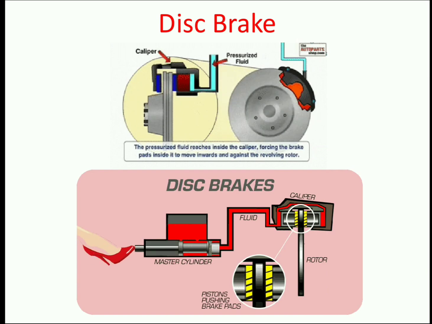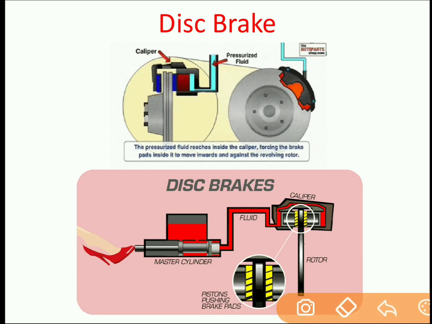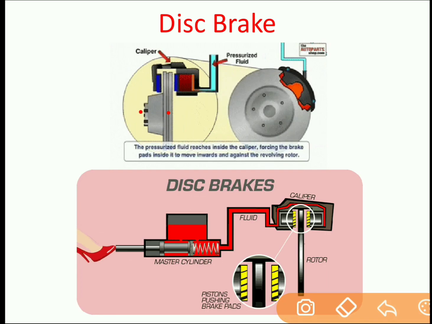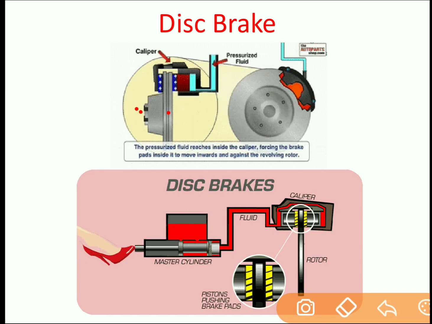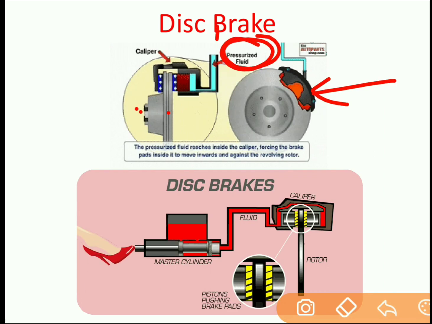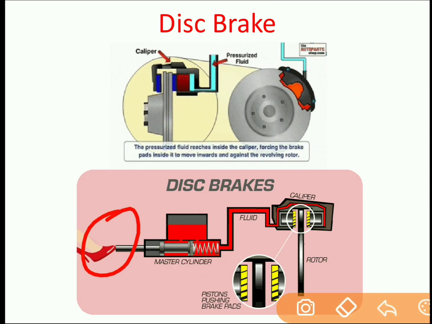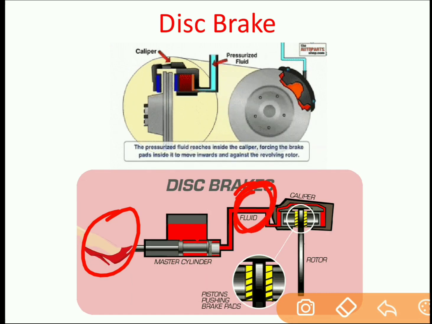The next category of brake is the disc brake, which is used in vehicles nowadays. It consists of a disc, and this disc is connected with the wheel. So the wheel is normally in action. Now if you want to stop this wheel or slow it down, we need to apply the brake. So this is a brake over here. This brake is operated with the help of pressurized fluid. As you can see in this figure, when you apply force on the piston, it creates pressure inside this fluid, and as the pressure is created inside the fluid, these two blocks